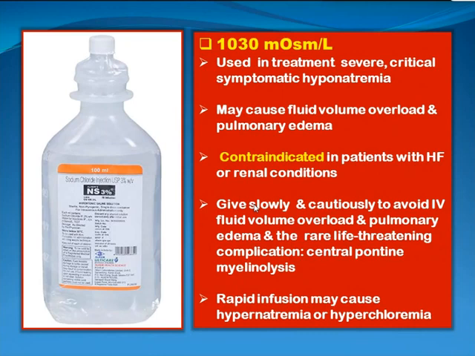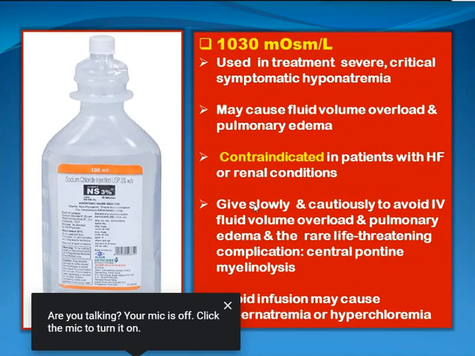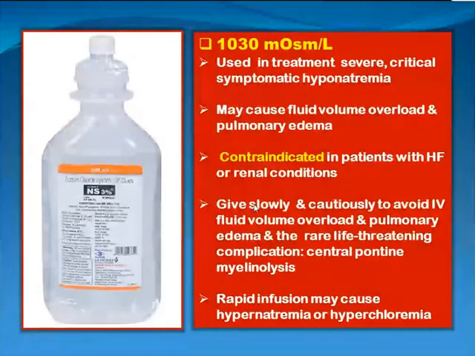This is used in narrow situations, with restricted use. Not always do we use it. It is used in the treatment of severe, critical, symptomatic hyponatremia. We will see it in the session on dehydration and fluid therapy. In the management of hyponatremic dehydration, we use normal saline in resuscitation, and in replacement and maintenance we use a hypotonic fluid, but not 3% normal saline, especially in pediatrics. 5% dextrose and half normal saline is enough. But in those with severe critical symptomatic hyponatremia,